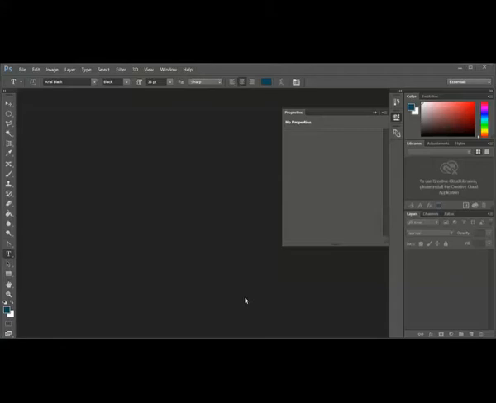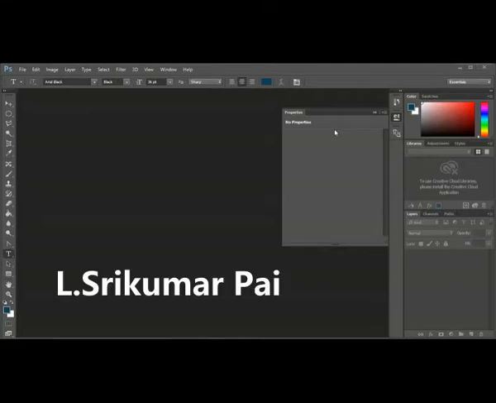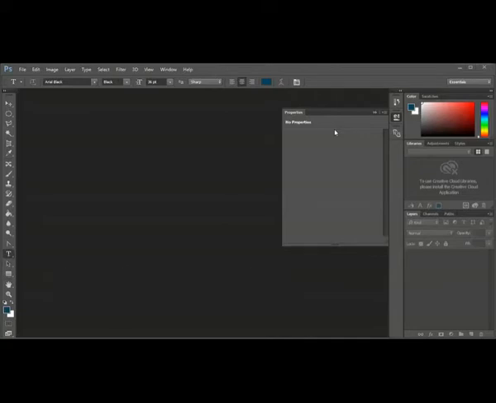What we are going to learn today is layer. Okay, layer is nothing but sheets. Every sheet will be having different objects drawn on that, and you will be keeping one by one on top of that. So you will be using different layers for different types of objects. When you create an object itself, it creates a layer. For example, when you create a shape, it will create a shape layer. When you create a text, it creates a text layer.